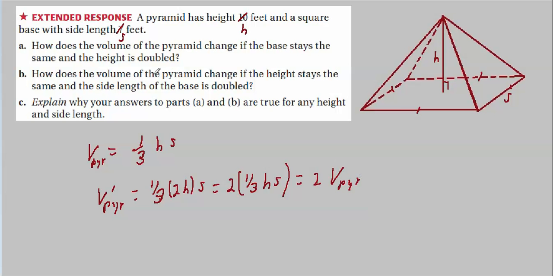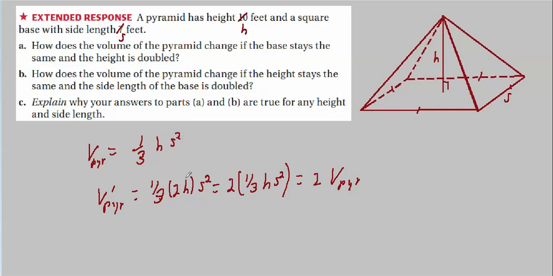Now, suppose we leave the height the same and double the base. Well, what happens when you double the length of a square? You square the area, don't you? So something very similar is going to happen here. I wrote out the volume for the pyramid. I forgot to put the little square up there on top of the s. Pardon me. It's s squared for the area of the base. S squared, s squared.